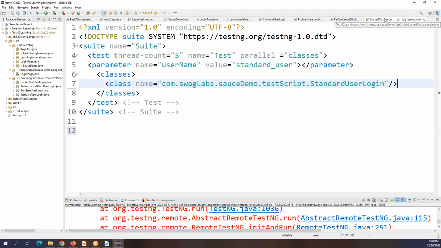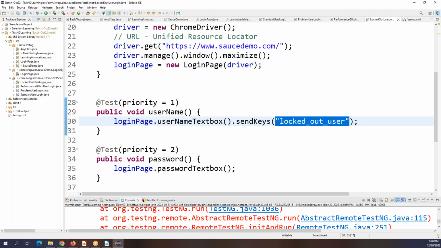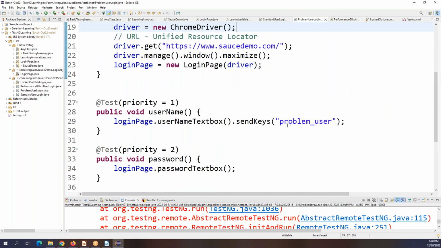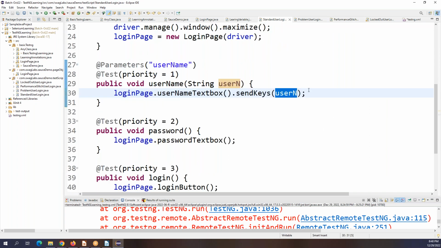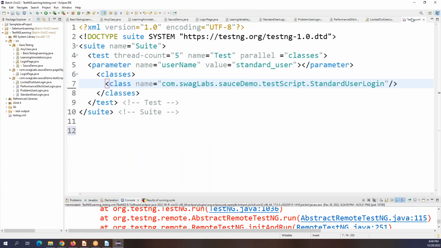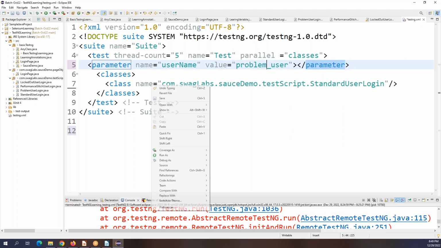This is the one with the logged out user, this is with the performance glitch user, this is with the problem user, and this is with the standard user that we already created to work as data driven, so that it's reading the username from the XML file. So don't you think that instead of the value standard user, if I keep problem user here and run this script,